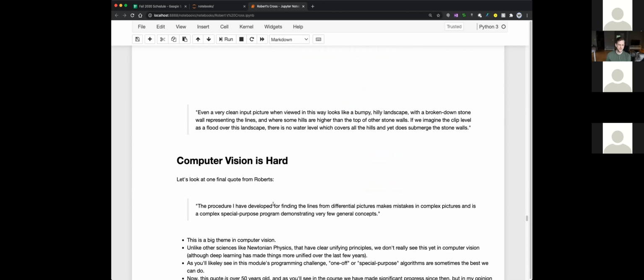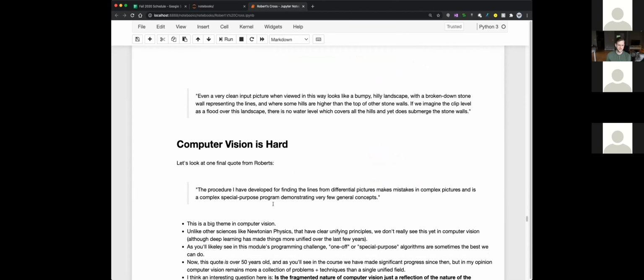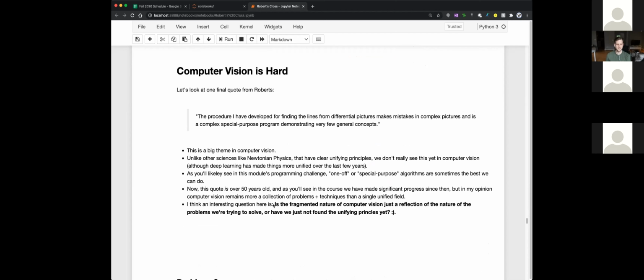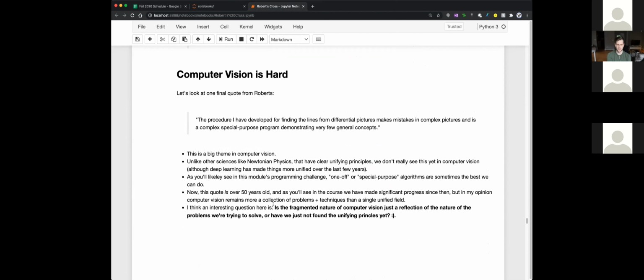So we've got just a few minutes left, but I just want to emphasize some, I don't know, philosophy of computer vision. It's helpful as you're thinking about what kind of discipline computer vision is. It'll help you through this class, and it might help you if you're considering a career in machine learning or computer vision, to think about how this would compare to other careers. So here's a good quote from Robert. He says, "The procedure I have developed for finding the lines from differential pictures," a differential picture is what he called the edge image,